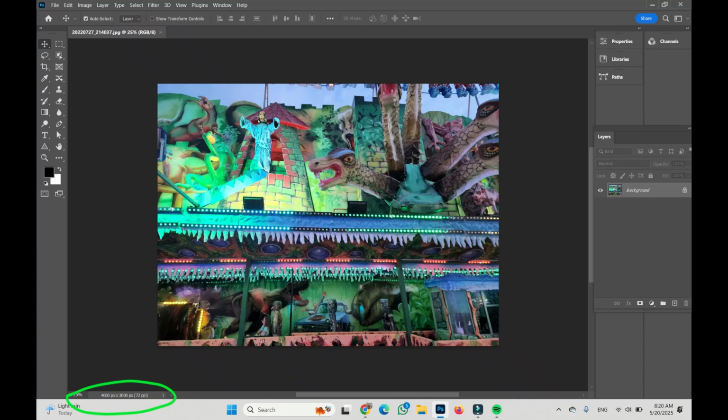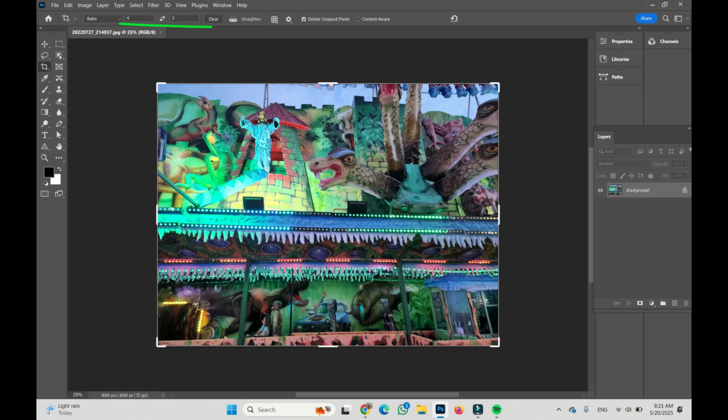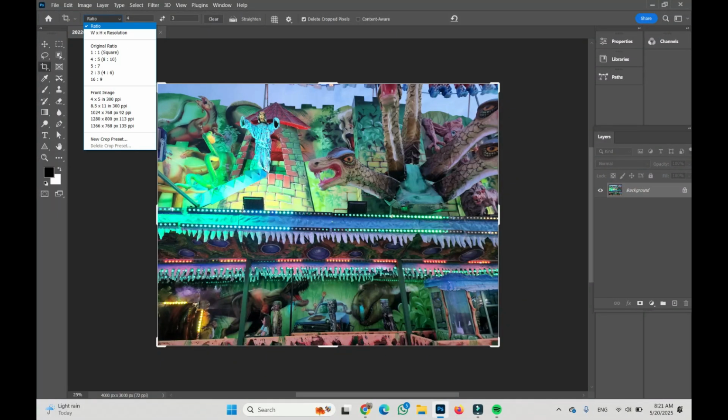It means 4:3. Okay, and in order to change it, you have to find the crop tool icon and left click of your mouse on it. Now you see the ratio is, as I said, 4:3, and you are finding here the window with ratios. Left click of your mouse on this arrow and see these are ratios mostly used by